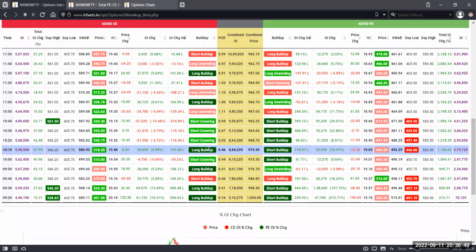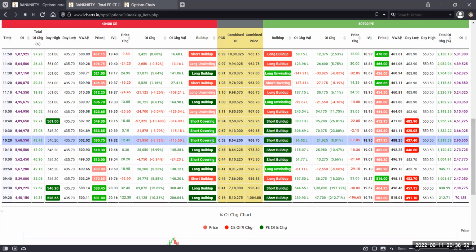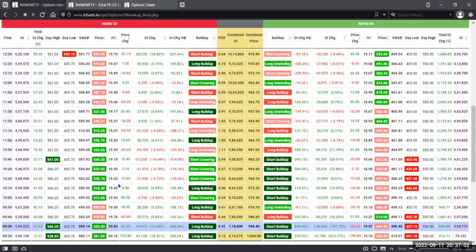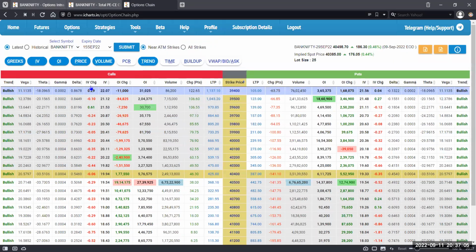मेरा क्वेश्चन है सर। ये आईवी यहाँ पे दिखाई दे रहा है ना सर, आईवी चेंज कितना हुआ, कितना % चेंज हुआ, ये मुझे दिखाई देगा? हाँ, ये ऐड कर सकते हैं, ऑप्शन चेन में। ये आईवी चेंज कल के क्लोजिंग के हिसाब से है, ये परसेंटेज नहीं है, परसेंटेज अगले अपडेट में आएगा, 1-2 हफ्ते में। हम लोग ऑप्शन सेल करते हैं ना सर, तो आईवी भी इम्पोर्टेंट है। हाँ, करेक्ट। आईवी परसेंटेज चेंज से हमें पता चलेगा कि मूवमेंट कितना रहेगा। ये परसेंटेज भी इसमें ऐड होने वाला है।